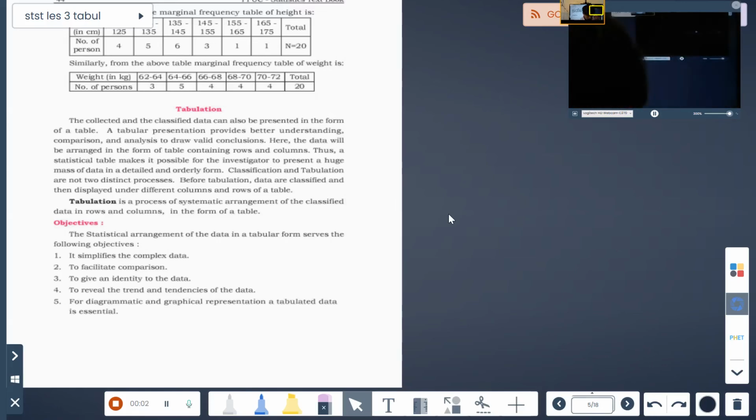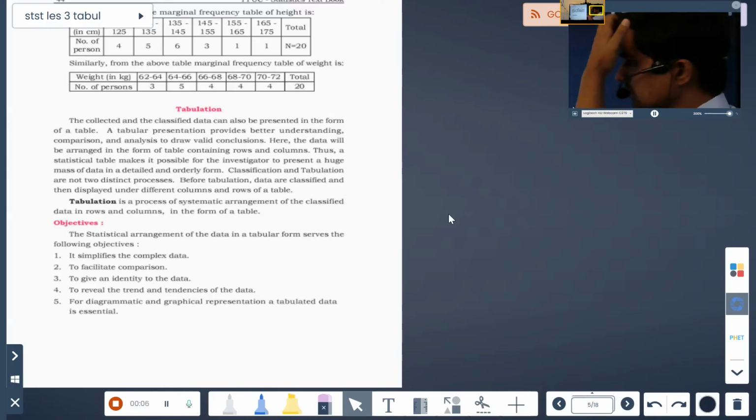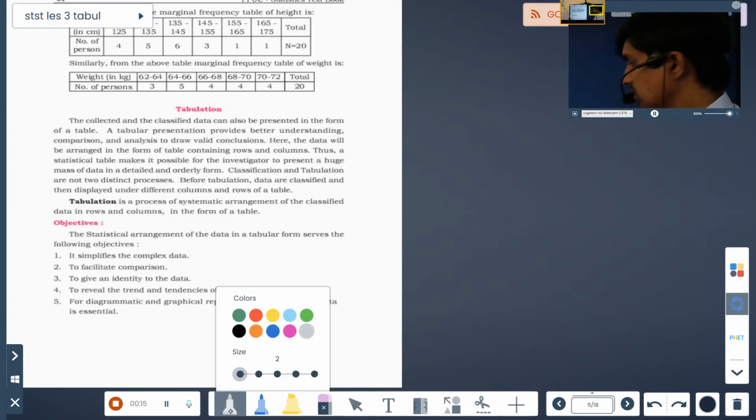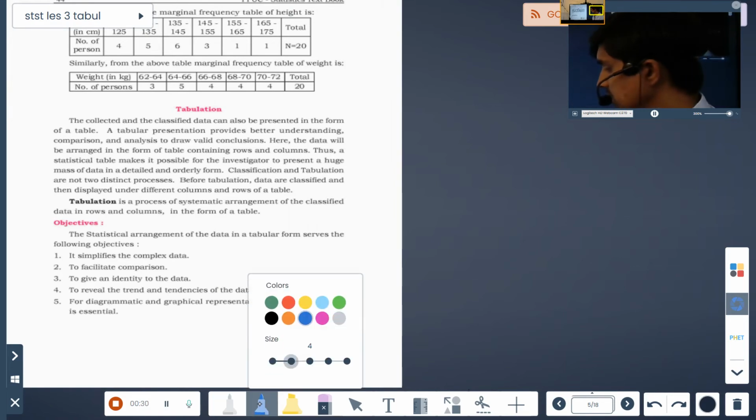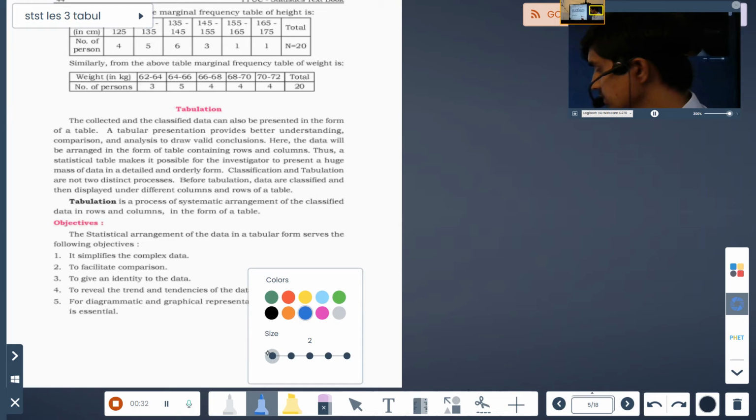Okay, so as I said in yesterday's class, there is a new topic, and that is tabulation. Now you have done tally and frequency column there. Now how to form tables, how tables will be formed, that we will study here. You don't have this in depth, you have just the basic things. Okay, so the next topic is what? The next topic is tabulation.